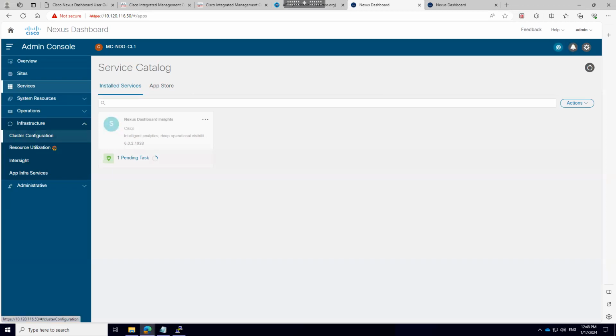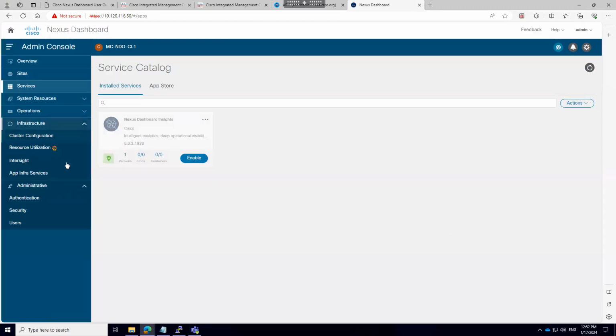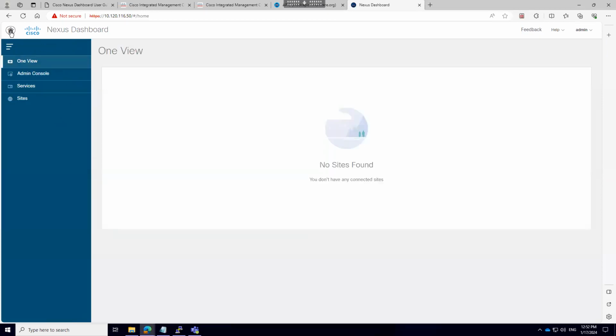Let me resume the recording once that pending task is complete. Okay, so Nexus Dashboard Insight has been installed. If I click enable, in the enable section you can see for the physical deployment how much RAM, CPU, and memory it's going to take. If you want the virtual one, you can see how many resources it's going to take. For me, for virtual instances, I can enable that. But I have the 3 nodes, so I don't want to enable anything here for now. I will just remove that. So yes, this is how you set up the Nexus Dashboard